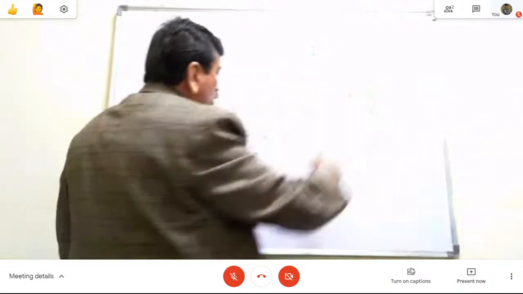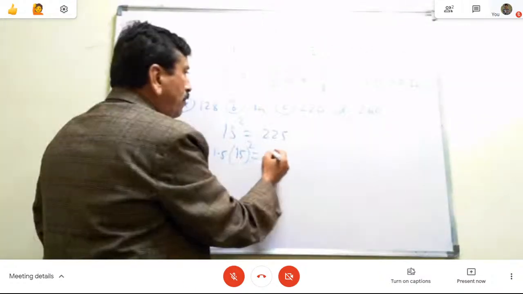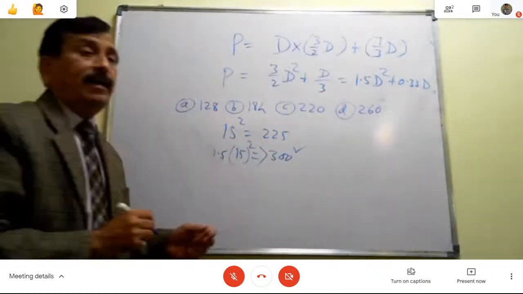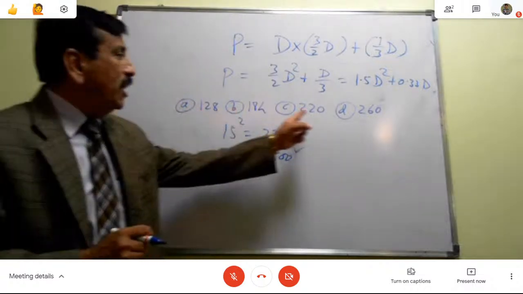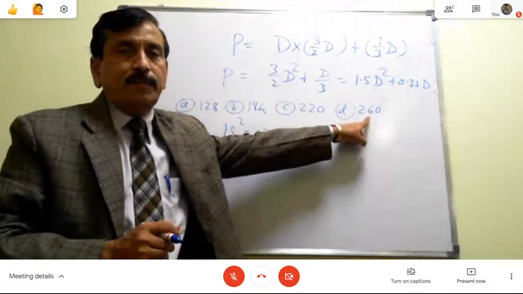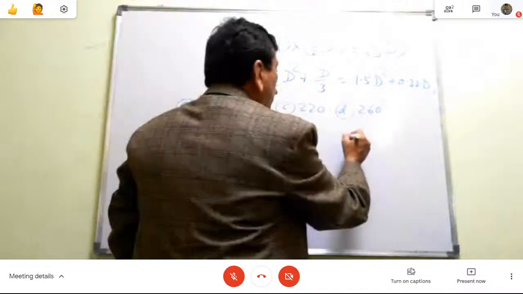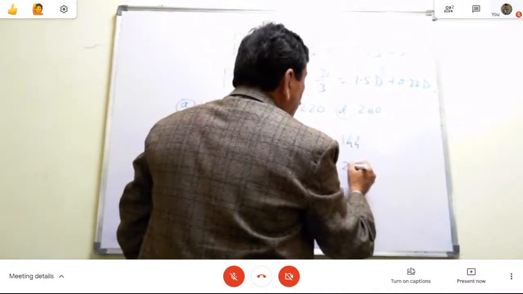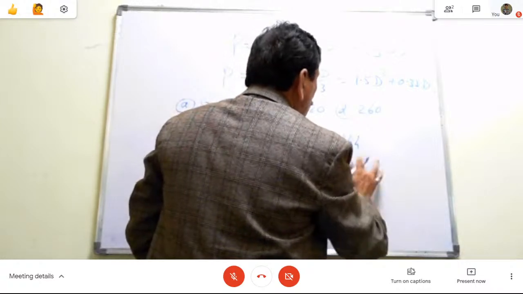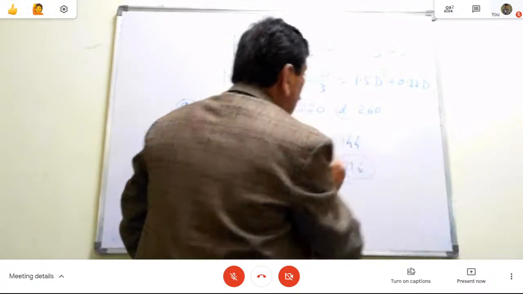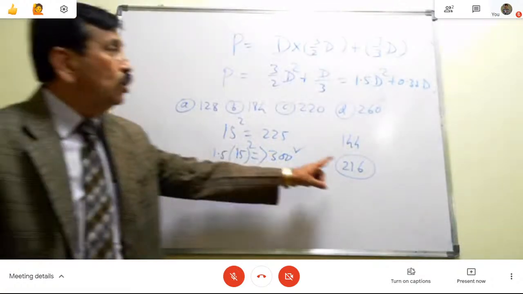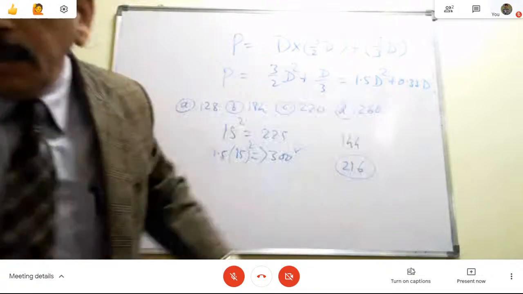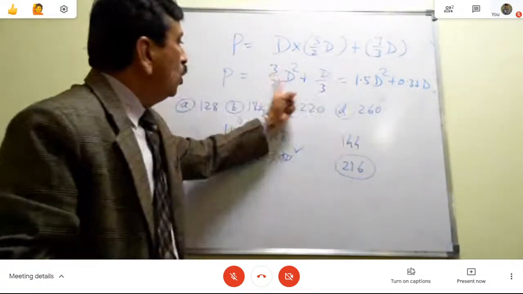1.5 D square. If D is equal to 15 I take, so it will become more than 300. Now the option available here is 260. Now if I consider 144 as 12 square, 1.5 times this will be 210 plus 6, 216. So if D is equal to 12, now look here, naturally if lowest value of D